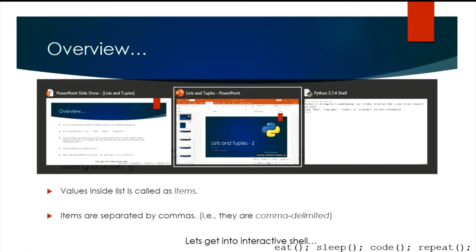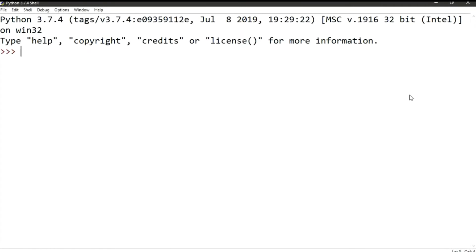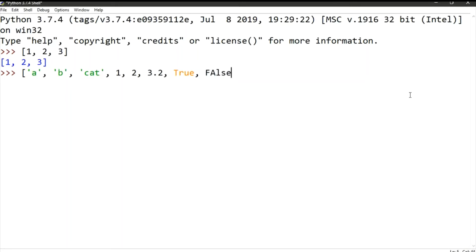Let's get to an interactive shell so that we can learn more about it. Let's say we have a list 1 2 3. This is a list which got printed. One important thing I want to show with this example is a list like 'A', 'B', 'cat', then 1, 2, 3.5 or 3.2, whatever, True, False, None.